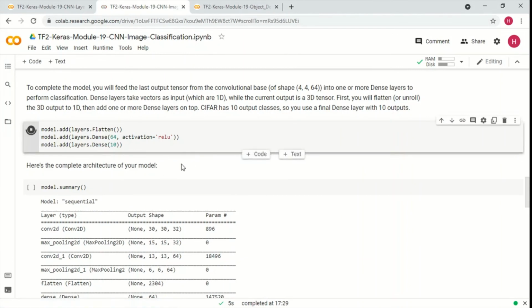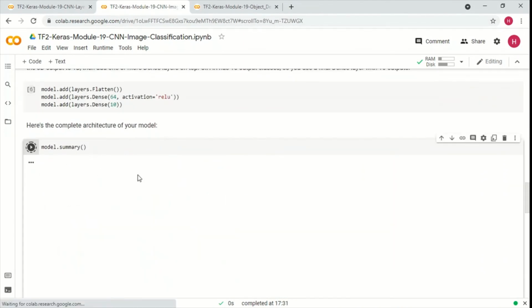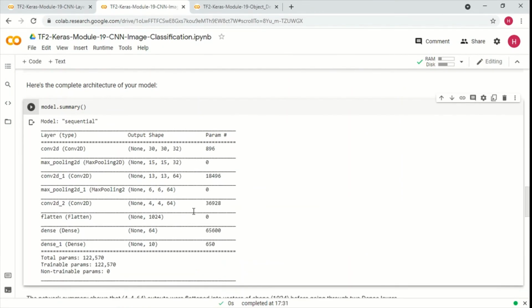Okay, so that is what we added, and then we can do the model summary to see what it is. From here, the flattened output will be 4 into 4 into 64, which is 1024, and then 64 neurons as an output here, and then 10 neurons here.